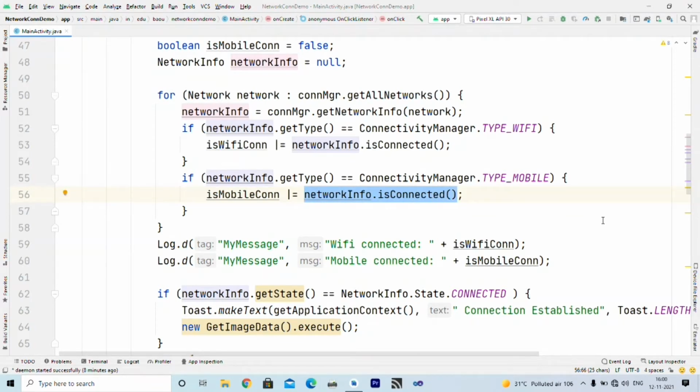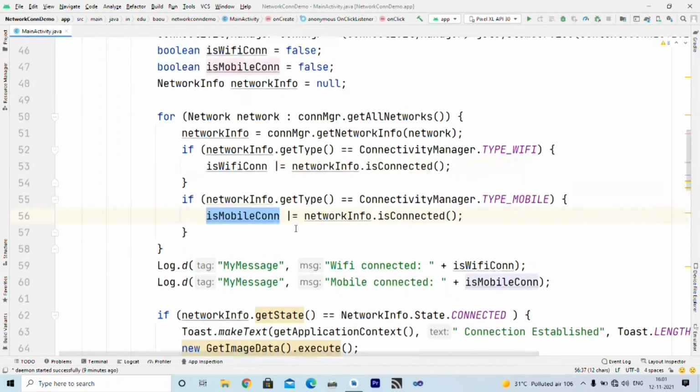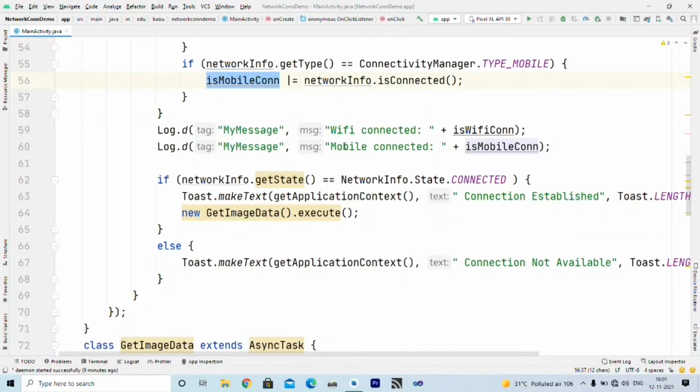Is connected returns true if it is connected. If this condition is true, it means it is connected with type mobile. So whatever network we have connected will be stored either as is Wi-Fi connection to true or is mobile connection to true, and that we want to display inside the logcat window.